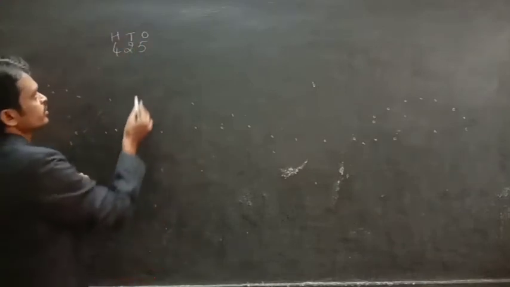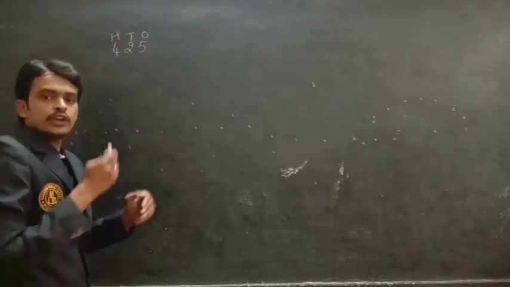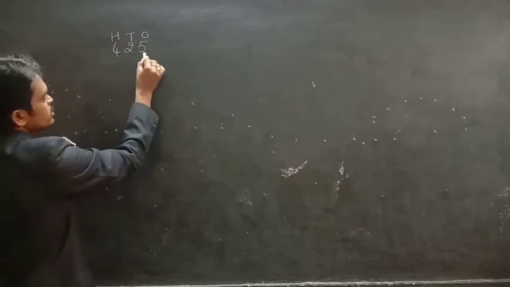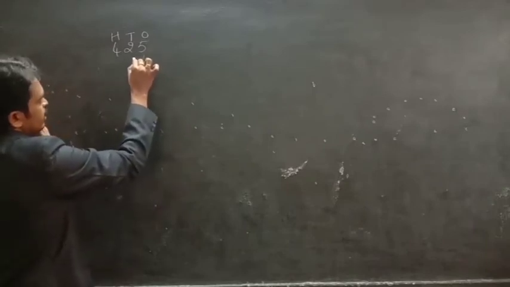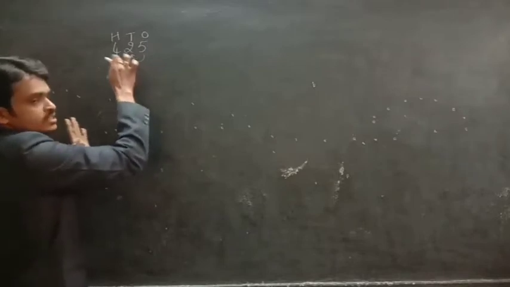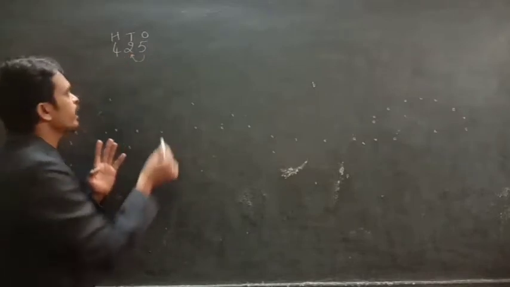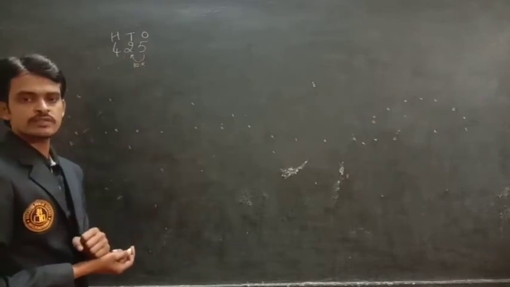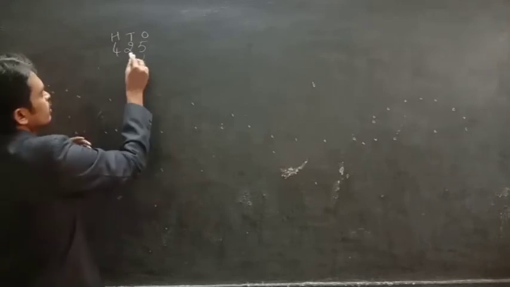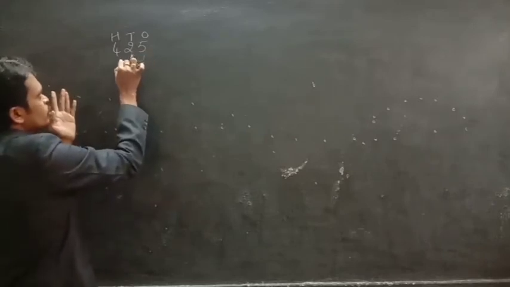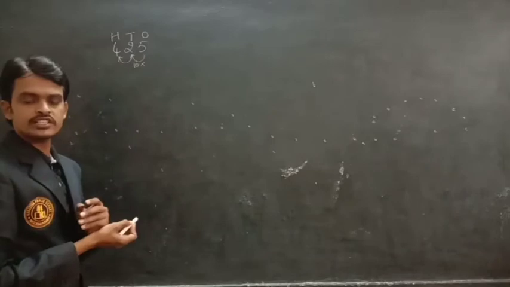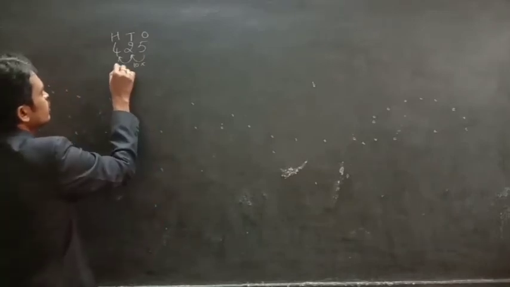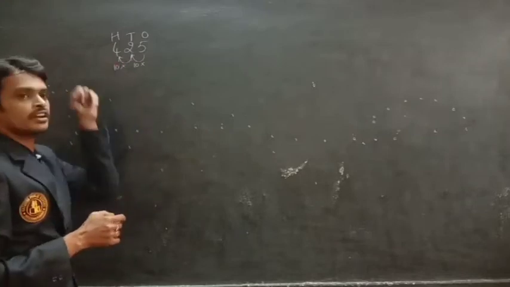Here I am moving towards the left side. As I move from the 1's place to the 10's place, I need to multiply by 10. Then the 1's place becomes the 10's place. As I move further from the 10's place to the 100's place, again I need to multiply by 10. Then the 10's place becomes the 100's place.